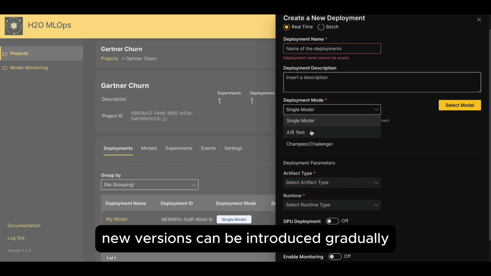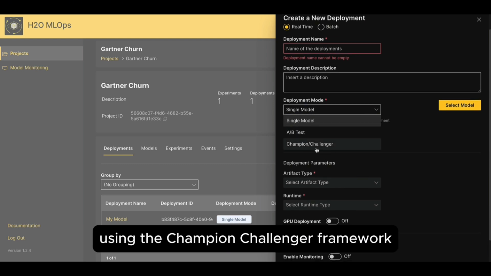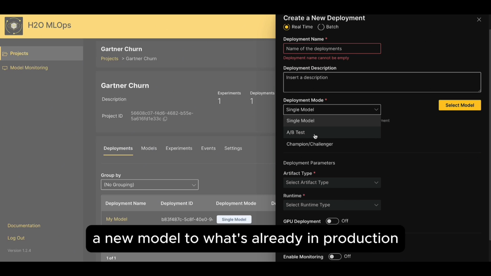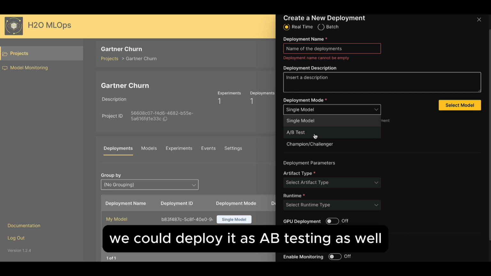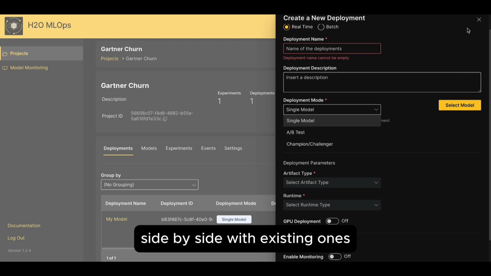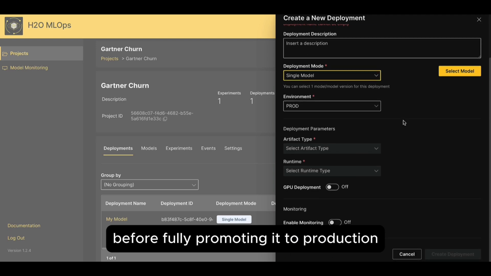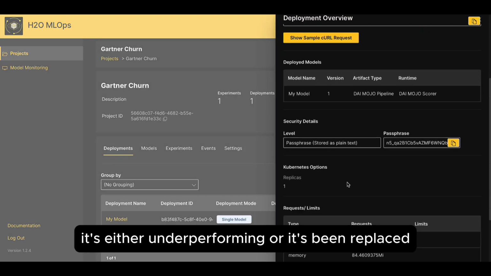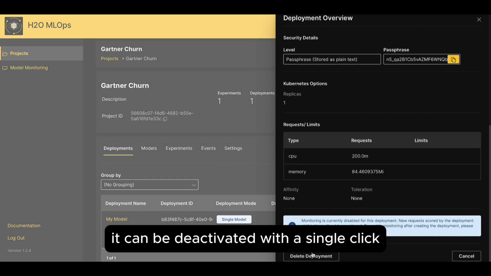New versions can be introduced gradually using the Champion Challenger framework, which allows us to test and compare a new model to what's already in production. We could deploy it as A/B testing as well to evaluate the new model side by side with existing ones before fully promoting it to production. When a model is no longer needed, it's either underperforming or it's been replaced, it can be deactivated with a